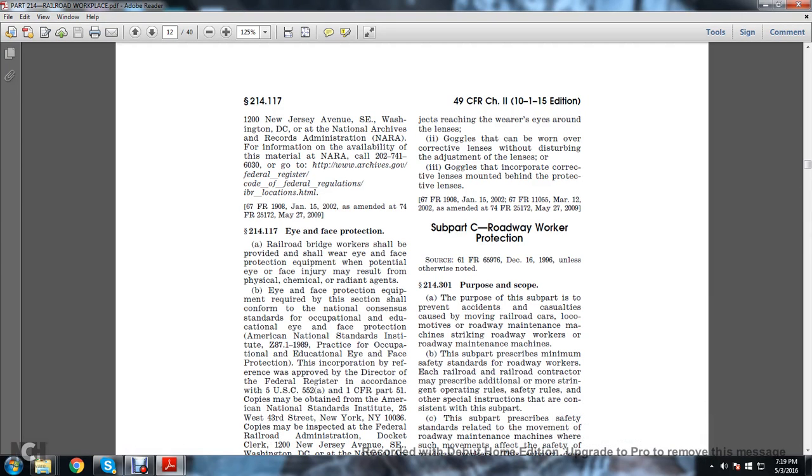All right, Subpart C, Roadway Worker Protection. We're on railroad workplace safety. Subpart C, Roadway Worker Protection. 214.301, the purpose and scope. The purpose of this subpart is to prevent accidents and casualties caused by the moving of railroad cars, locomotives,